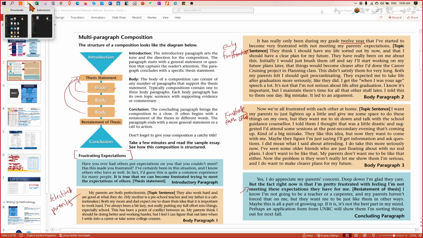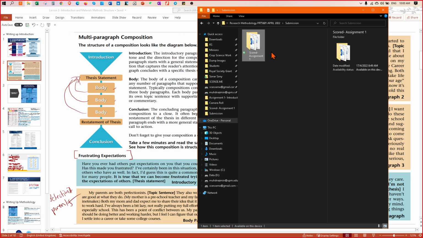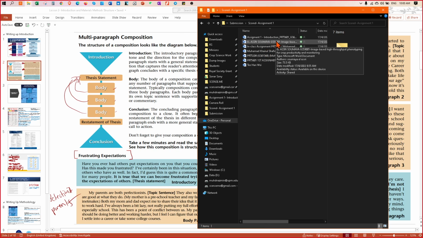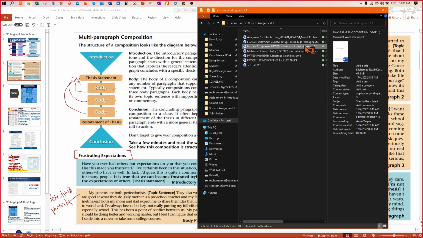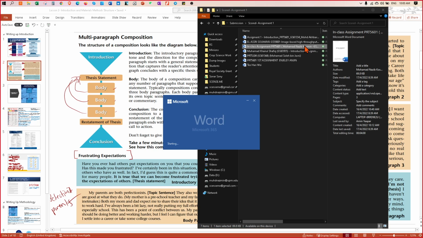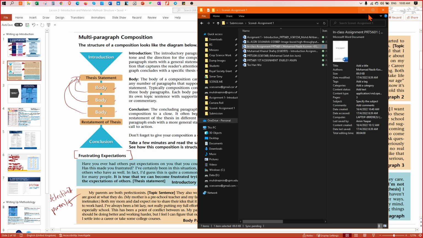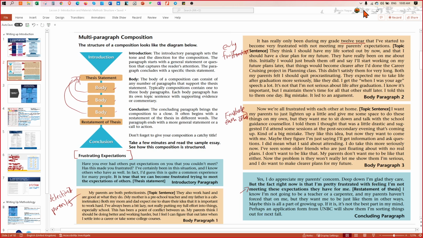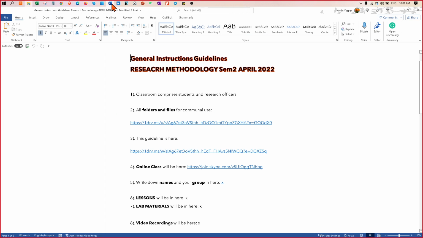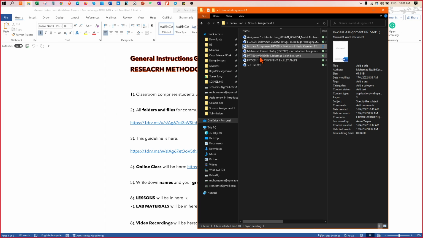Oh, I'll show you one more way to do it. I think Microsoft Word. Which one is yours? Microsoft Word has its own built-in editor. It depends on you. I just give you the options, okay? Because some people do not need a lot of help with grammar, so they don't need to use it. If you think it's worth to have it, then go ahead. Let me open it. Okay, let's open this.